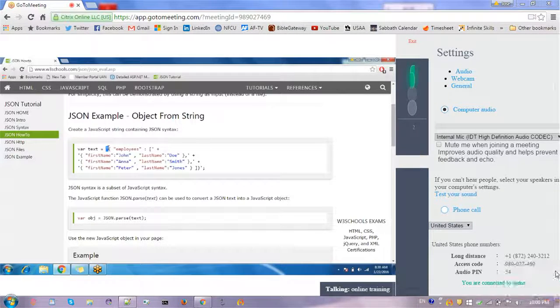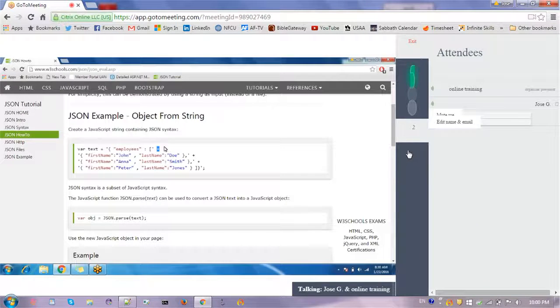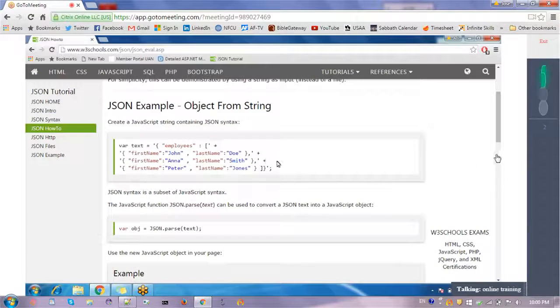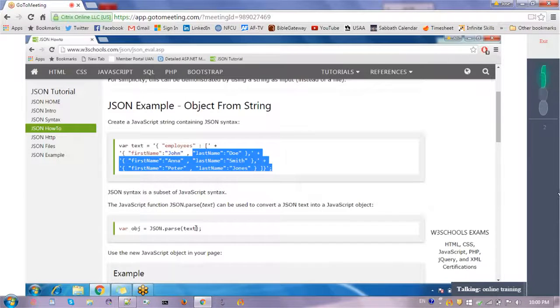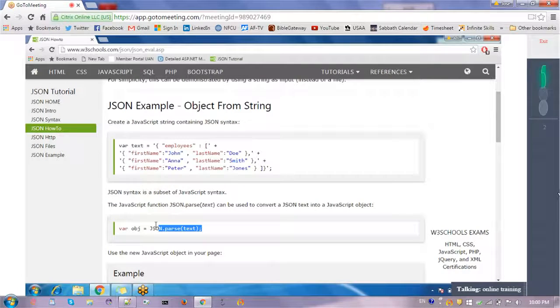It is just starting with the single quote that this is the string. Then it's putting a curly bracket here. Then the string part. Then it's concatenating the string. Nothing special. So it is making the string, and then after it is using the JSON.parse method to serialize that string into an object that we have done yesterday.